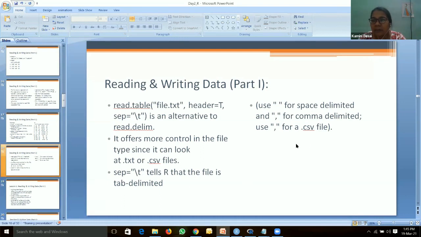This means that in one row, in one line, all the data is separated by comma or space, whatever the data type is. So we are using this sep \t function. If it is space, then you can use this function for space delimited, and if it is comma, you have to specify the comma and use it for CSV files also.